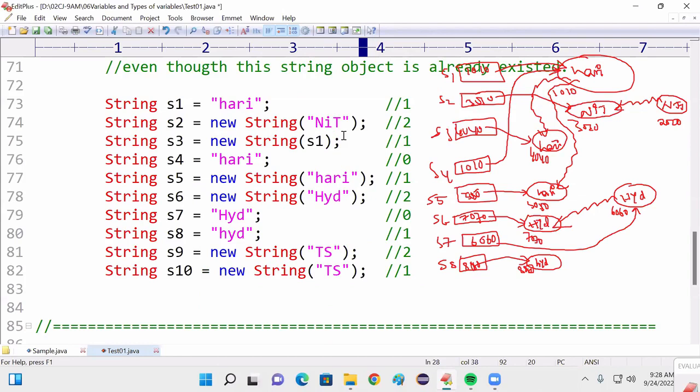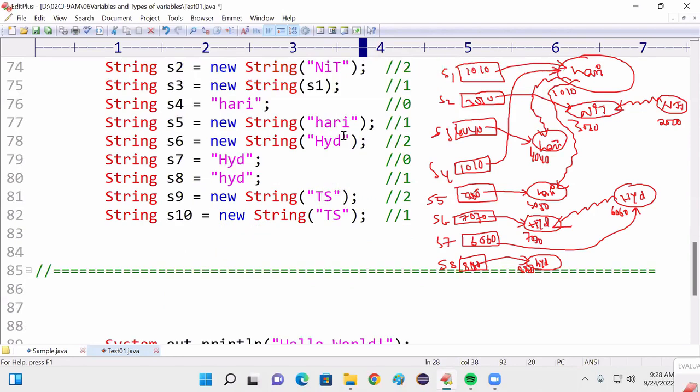Be careful. There is no division called predefined data types and user defined data types. That term is wrong. The division is primitive and non-primitive,